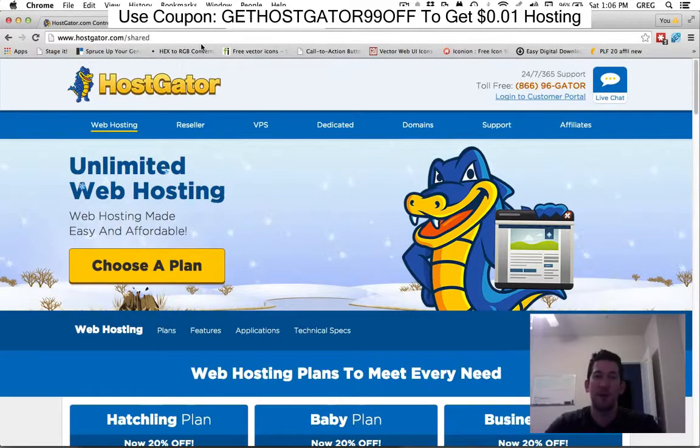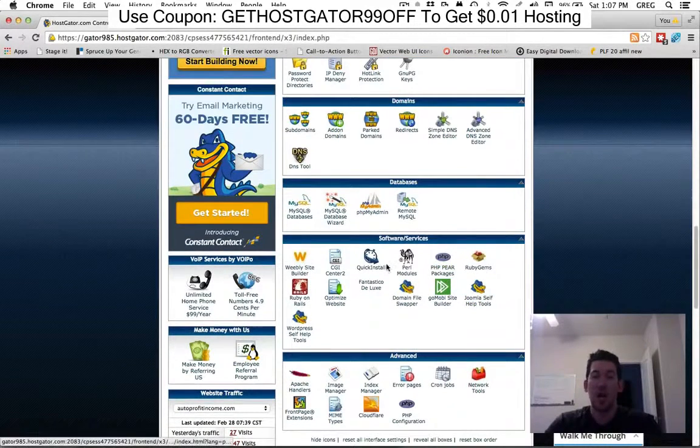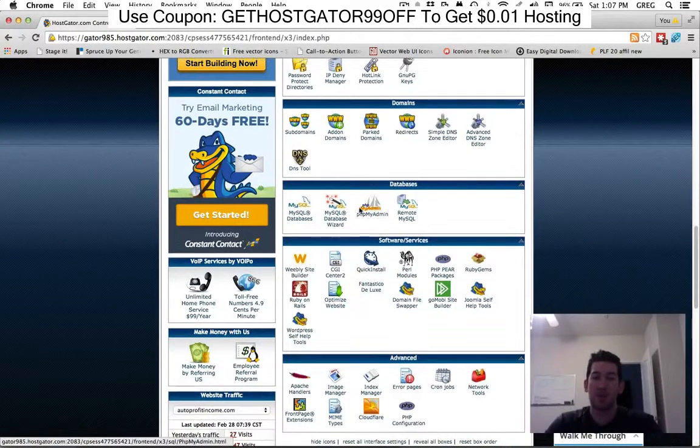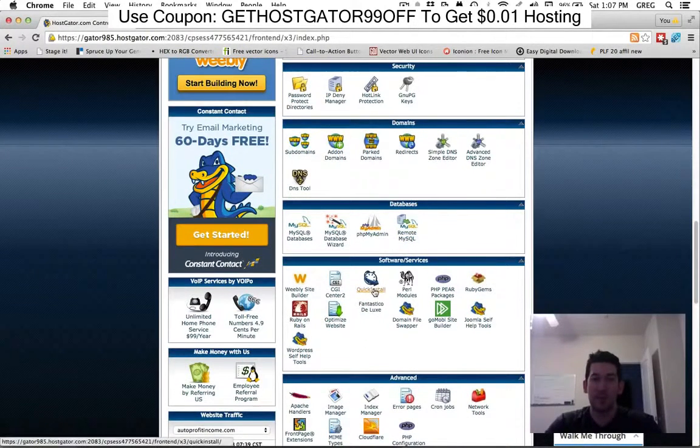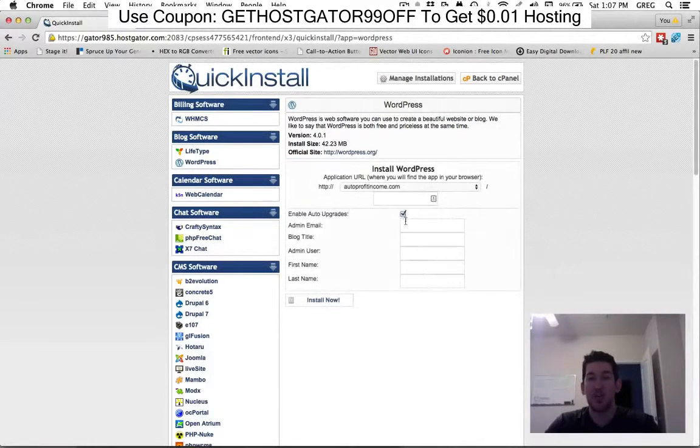for the domains to connect to the hosting and for your website to be live. But basically what I do with most of my sites, you can have an HTML website, just a standard page or a couple of pages, but I mostly install WordPress on most of my sites. So before I connect the hosting to the domains, once I get my login to my cPanel, I come over here in HostGator to this quick install, click that, and come over here to blog software, click WordPress, click continue, and click which domain you want to install WordPress